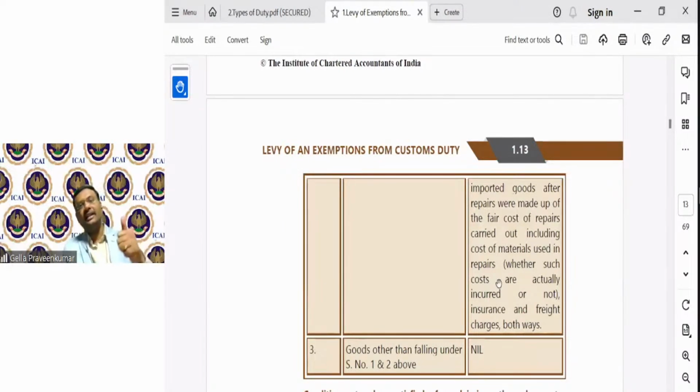So here they have suggested the fair cost, whether or not paid, and also insurance and freight both ways.